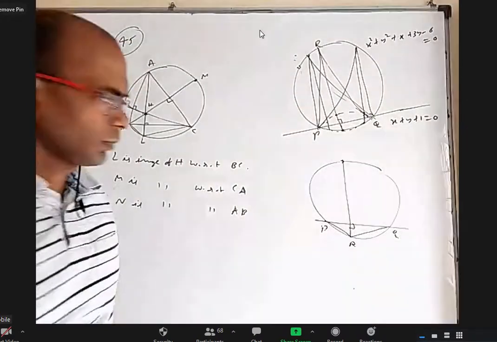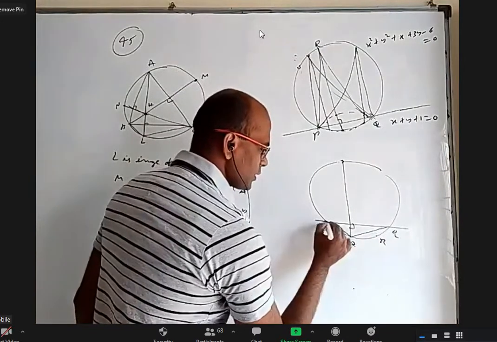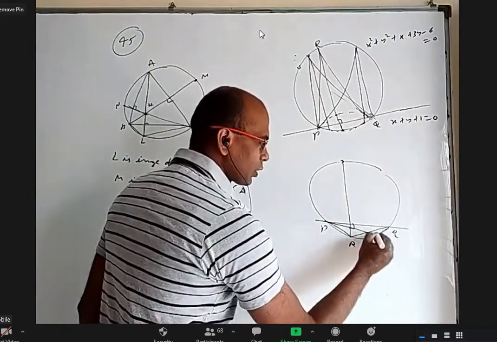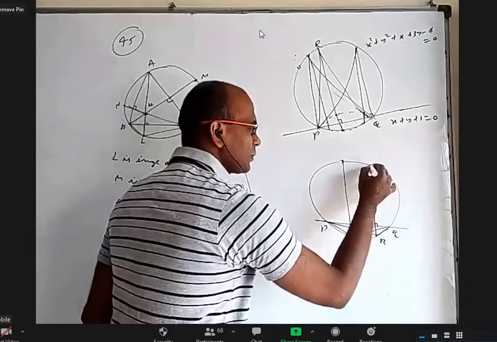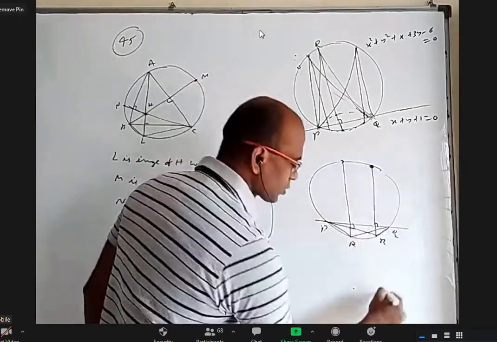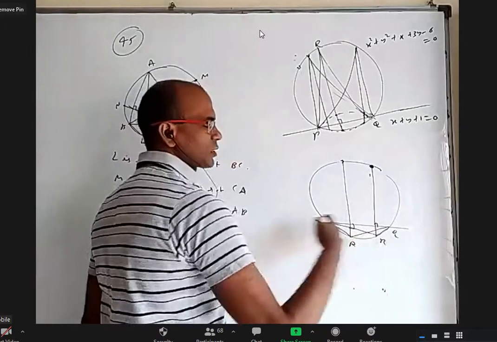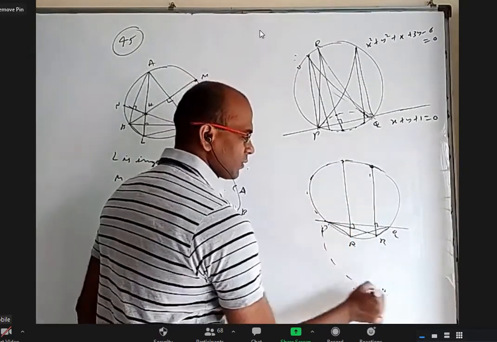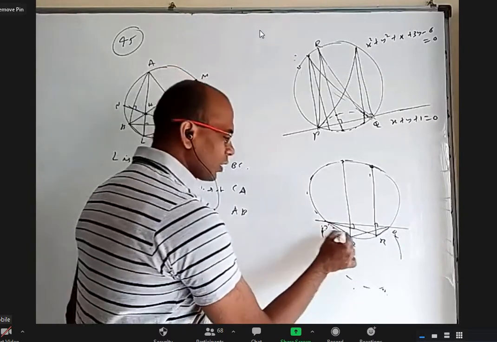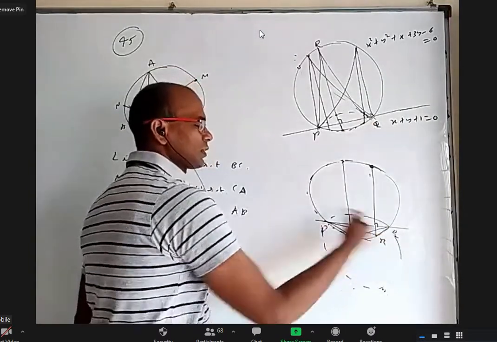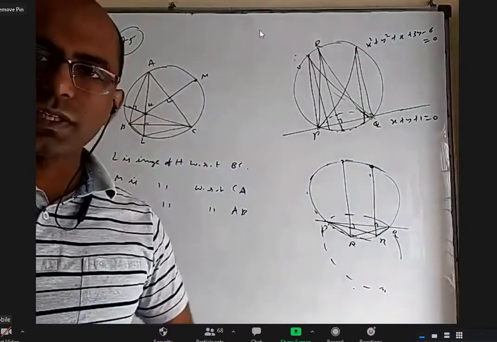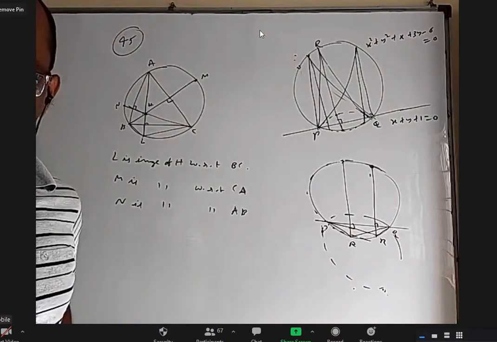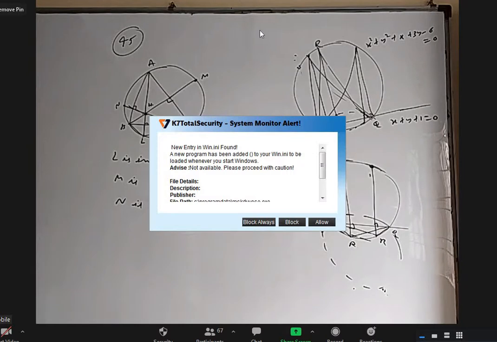Yes, sir. When R is here, this is an obtuse angle triangle. The orthocenter will be outside. Where is it? Draw the altitude. It is meeting the circle here. This point and the orthocenter are mirror images of each other with respect to PQ. That means all these points' images will come like this. They are all orthocenters. So finally, what is the locus of the orthocenter? It's nothing but the mirror image of the original circle. Is it okay, everybody?